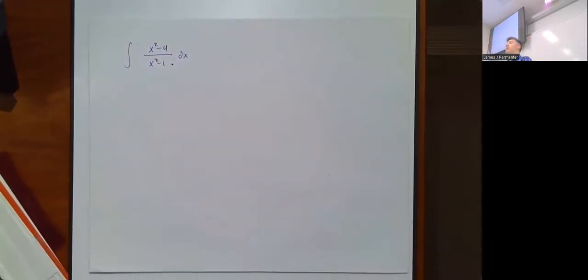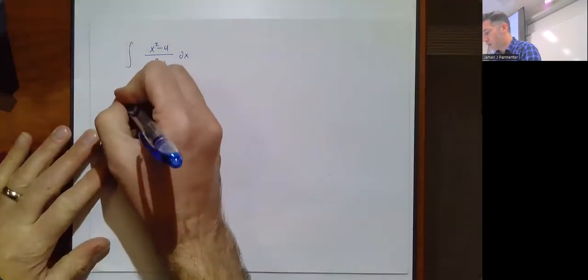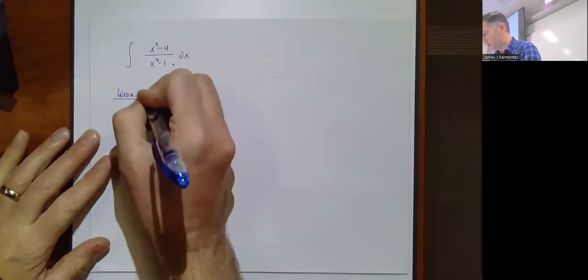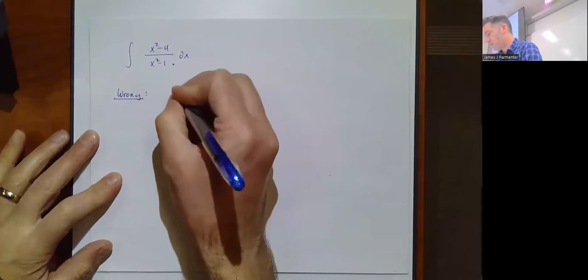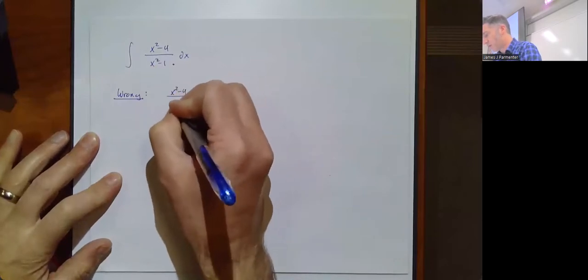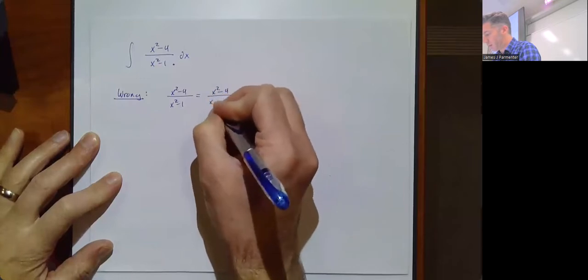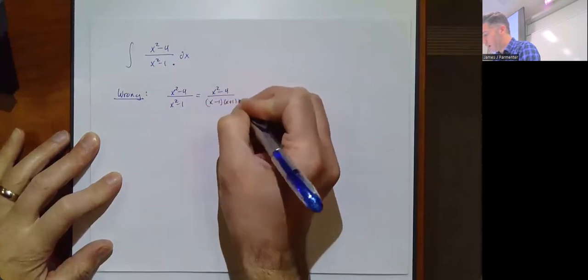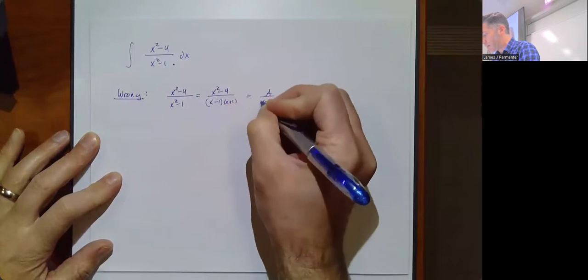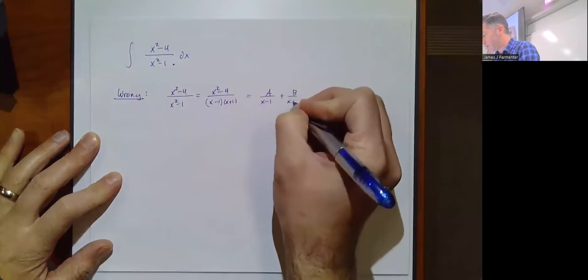It would be really easy to just start doing partial fractions here, and we would be wrong. Let me show you why. So here's the wrong thing to do. Don't do this. Don't even write this down. If we just start doing this, x squared minus 4 over x squared minus 1. I should have factored that. x squared minus 4 over x minus 1 times x plus 1. If we try to write this as a over x minus 1 plus b over x plus 1,